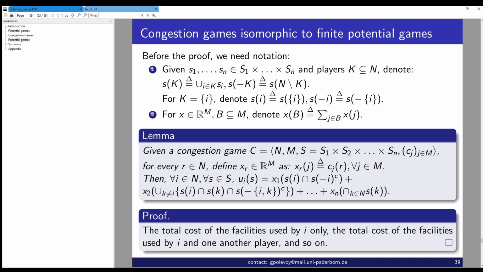So the lemma says that the utility of a certain player I at profile S can be seen as follows. So first, remember X^I is, according to this definition, the sum of the entries of the vector which correspond to a certain player. So